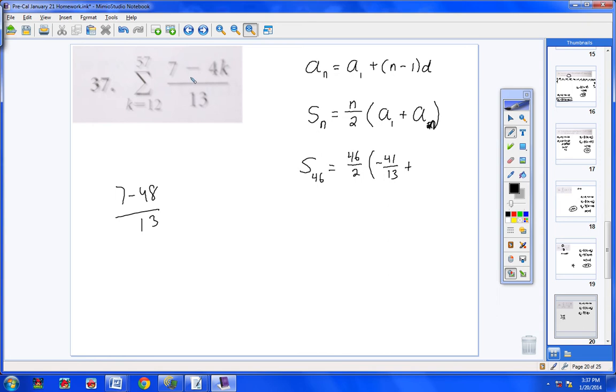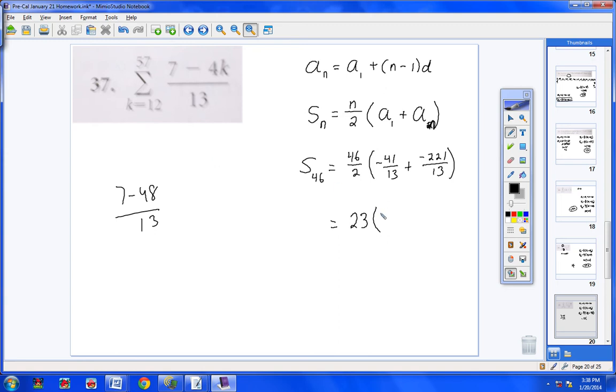I'm going to use my calculator for this. So 7 minus 4 times 57 equals, so it would be negative 221 over 13. All right. Now all of this can be a calculator problem. It would just simply be 23, because 46 divided by 2 is 23, and then I would have negative 41 over 13 minus 221 divided by 13, and you'll get out